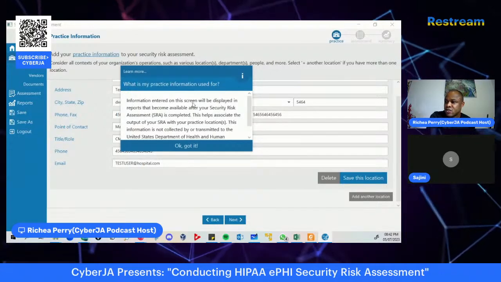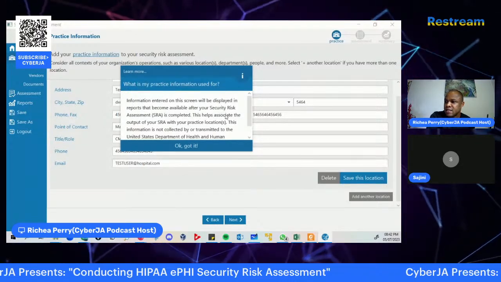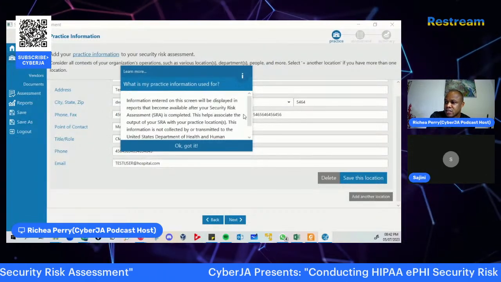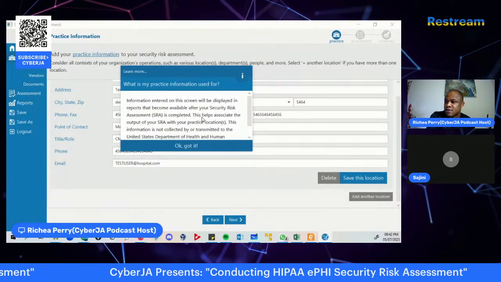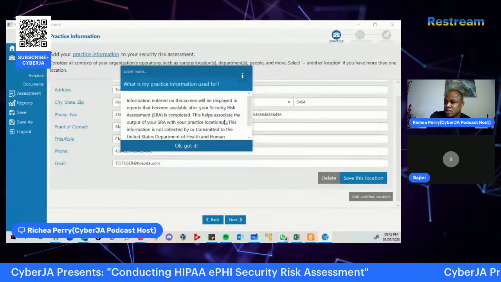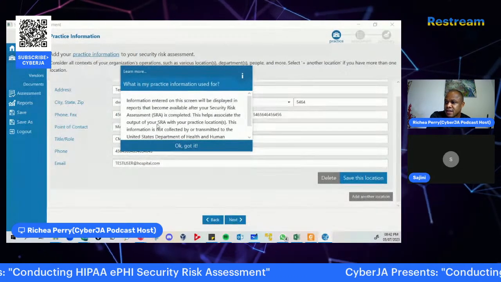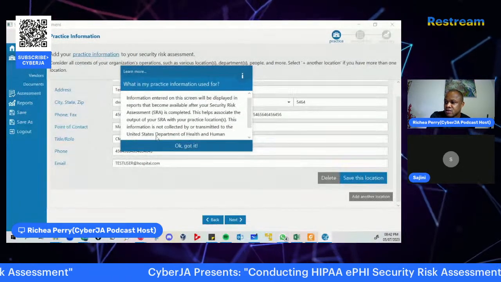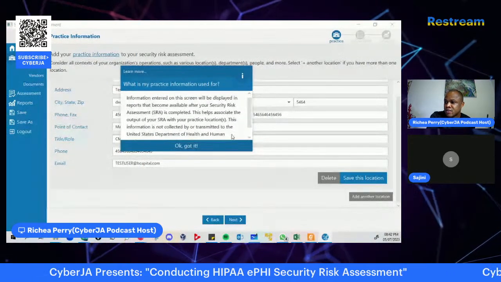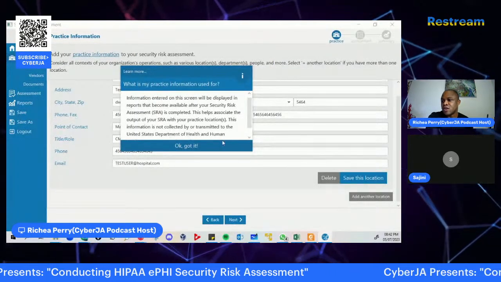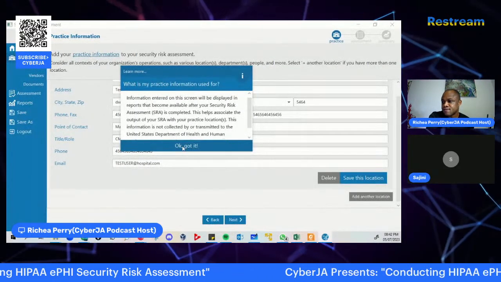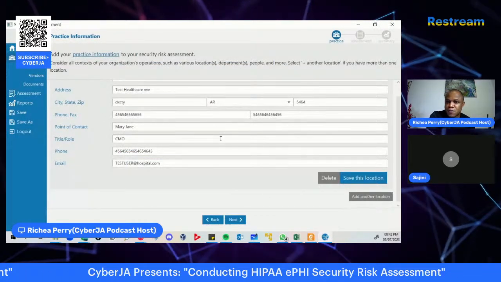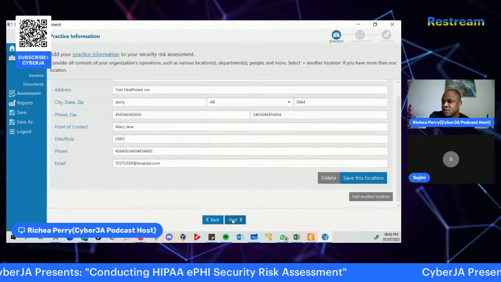Information entered in this screen will be displayed in the reports that become available after your security risk assessment is completed. And this helps associate the output of your SRA with your practice location. And this information is not collected by or transmitted to the United States Department of Health and Human Services. All right, so once we have all of those fields populated, then we move on to next.